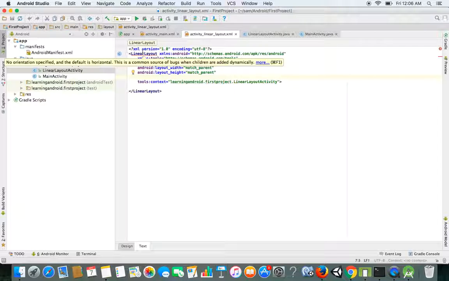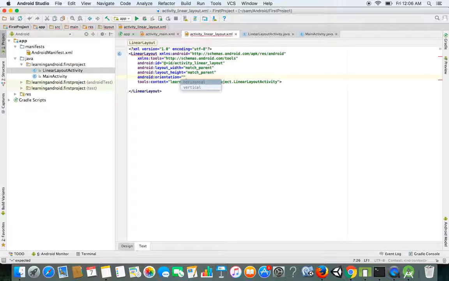Right. So as you can see, for linear layout there is an XML attribute which is a must, and here it's written that no orientation specified. So when you're using a linear layout, you have to have an orientation defined so that all the child components, for example buttons, follow that particular orientation. So let's type android:orientation, and by default orientation, as I told earlier, is either horizontal or vertical. So let's go with the